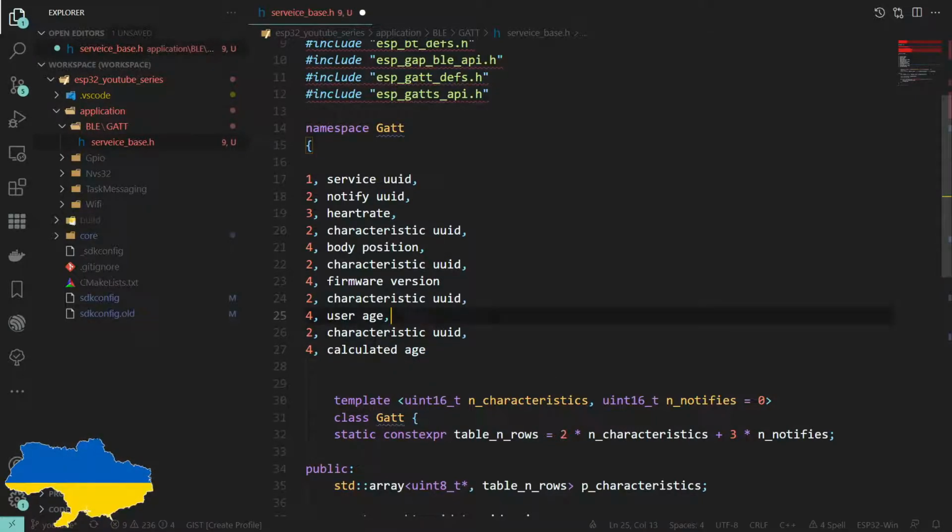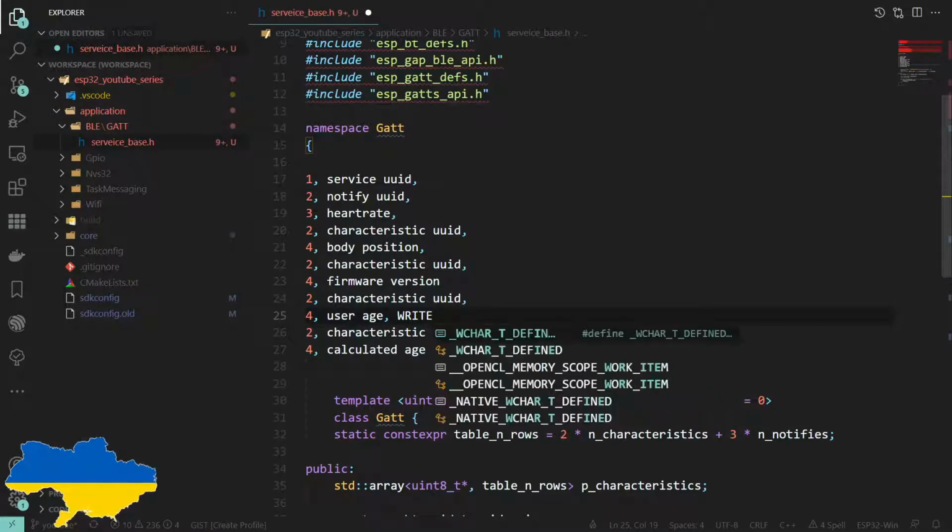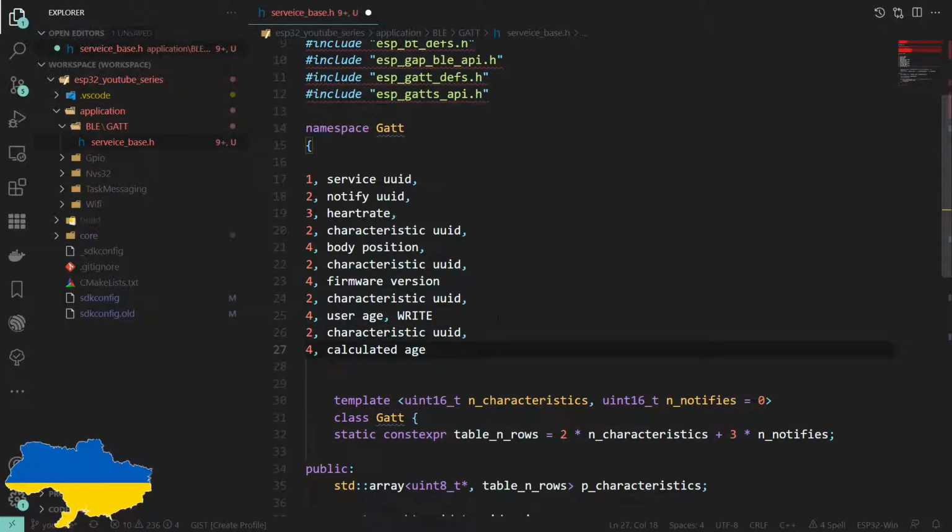I forget what the term is, but basically there's a formula that says, if your heart rate is this and you're this old, then this is how old we think you should be. So if your heart rate is really bad, you're going to appear older than you are. If anyone had a Wii Fit, you'll know what I'm on about here. But the point is that this information is not provided by the device. It's actually provided by the user. So this is a writable thing, whereas this is a read thing.